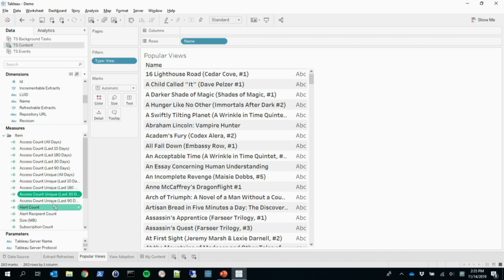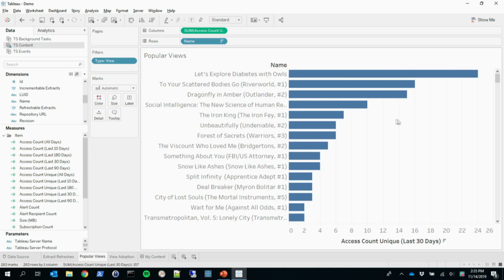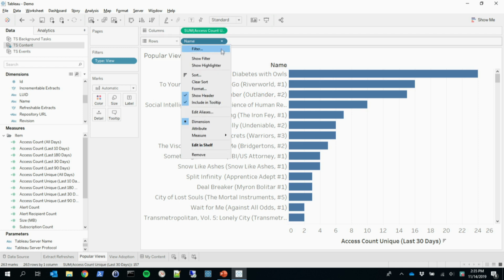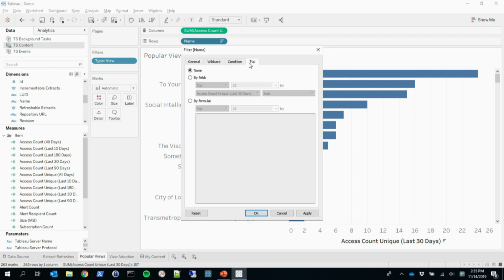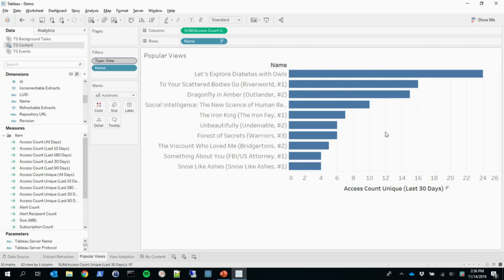Let's grab the unique users over the last 30 days. We'll make a quick bar chart here, sort by popularity, and then we're just going to put a top 10 filter on here. So we can see the top 10, and this happens a lot. We just need to make sure that this filter is added to the context so it takes precedence over the top 10 filter, and now we have the top 10 most popular views by the unique users accessing those views